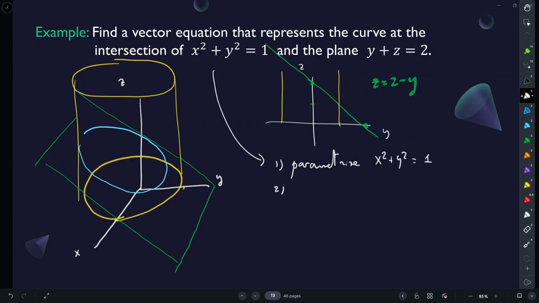And 2, the fact that y plus z equals 2 tells me that z is 2 minus y. So if I have parameterized already the x and the y, then I can just give the z value. But the x and the y can be cosine t, sine t, which parameterizes